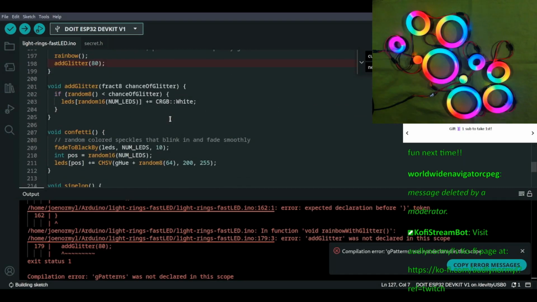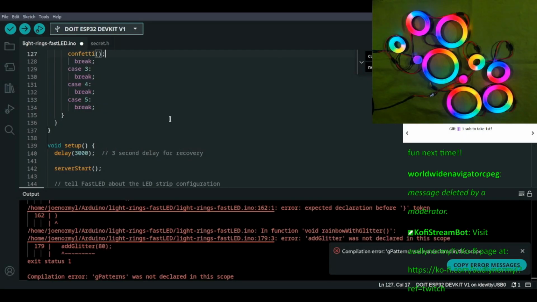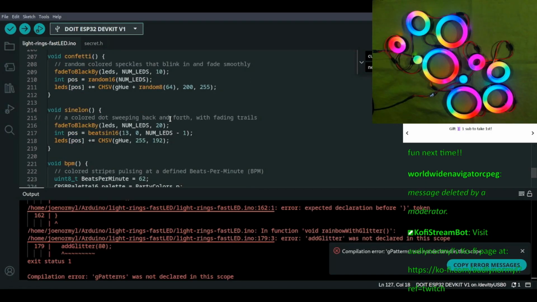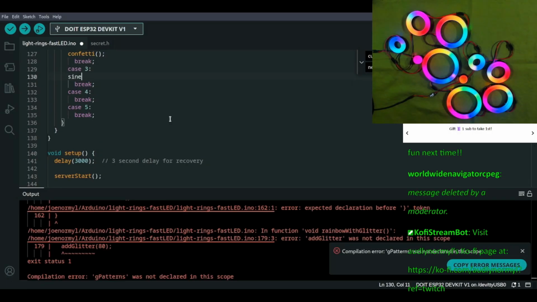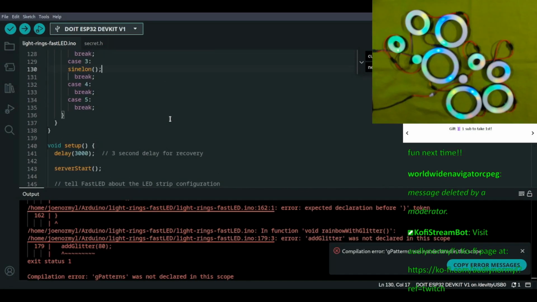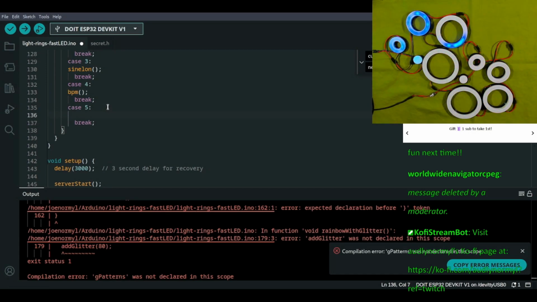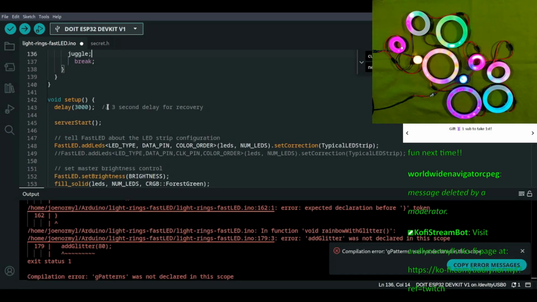Where's confetti? Case 4 is Cylon. Case 5 is BPM. And case 5, what was the last one? Juggle. Odd's favorite.